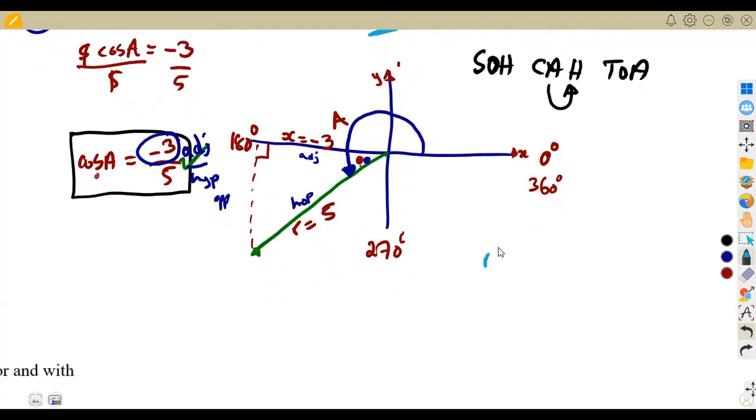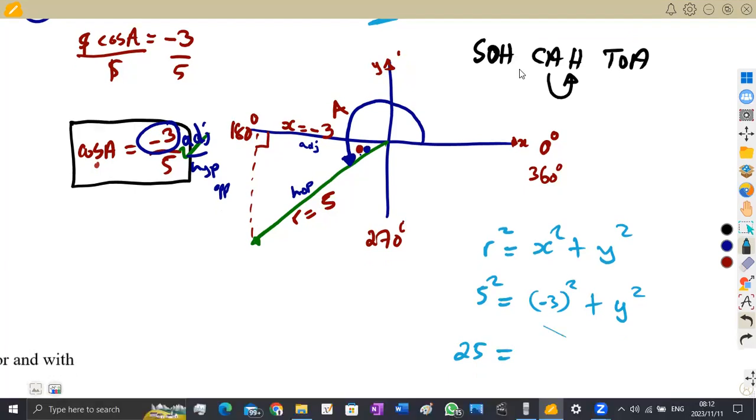So from our Pythagoras theorem, r squared is equal to x squared plus y squared. We've got x and y there. So r being 5, that is going to be 5 squared is equal to x, which is -3. So you're going to have -3 squared plus y squared, which is the one that you're supposed to calculate. These are the y values. So we do not have this value here. All right, so 5 squared, that is 25, is equal to -3 squared. That's a +9. Remember, negative and negative gives us a positive when you square it,